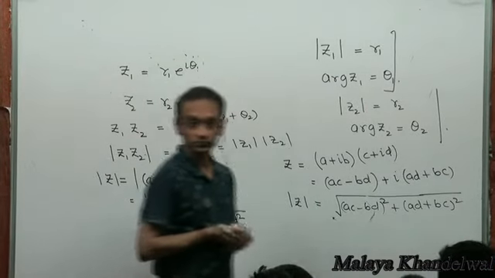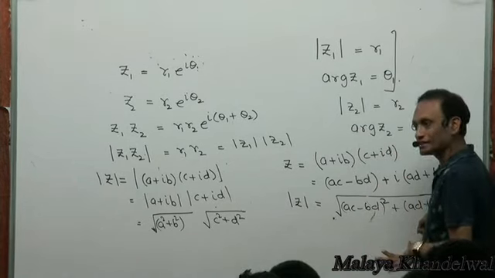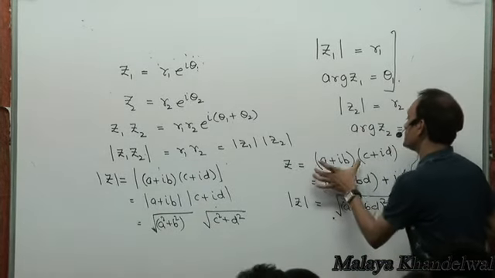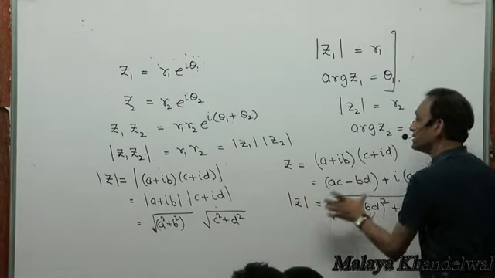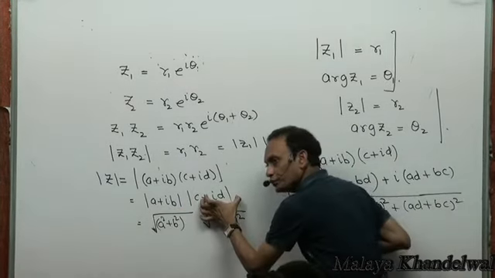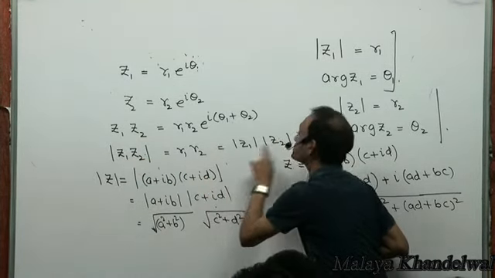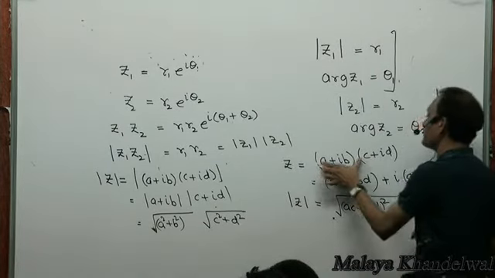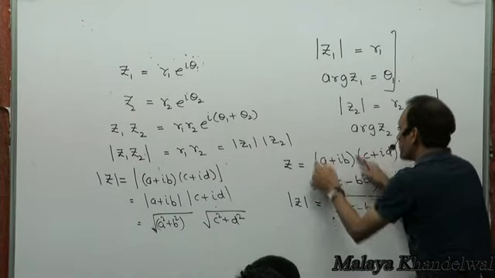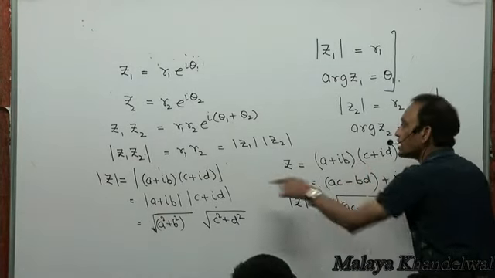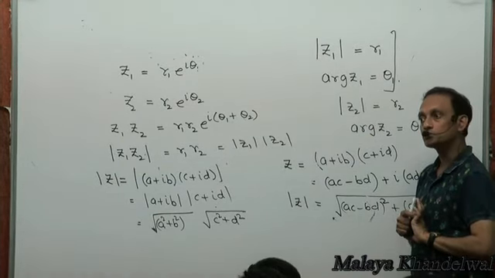Yes or no? I didn't have to multiply and then find the modulus. I could have simply said mod Z is mod of this, and mod of the product of two complex numbers is going to be the product of their moduli, which is this property, isn't it? Modulus of Z1 Z2 is mod Z1 into mod Z2. Suppose this is Z1, this is Z2. Then mod of Z1 Z2 is going to be mod Z1 into mod Z2. That's the property that could be deployed. Yes or no?